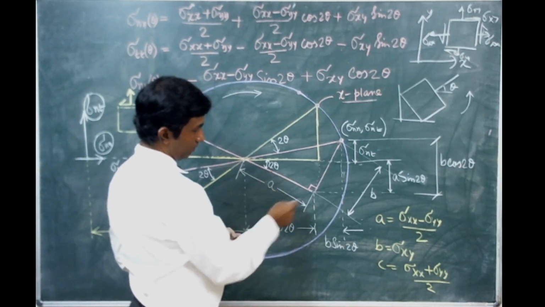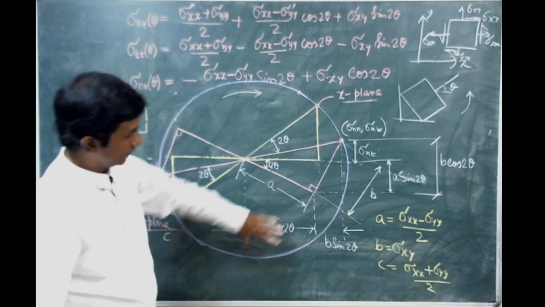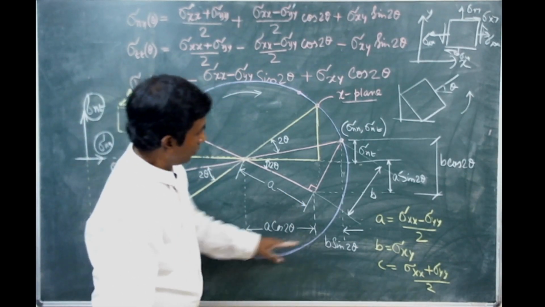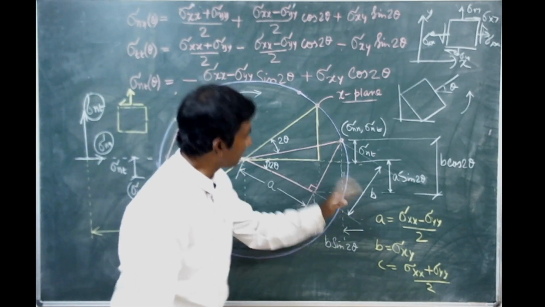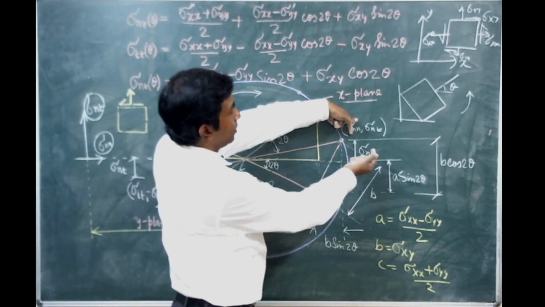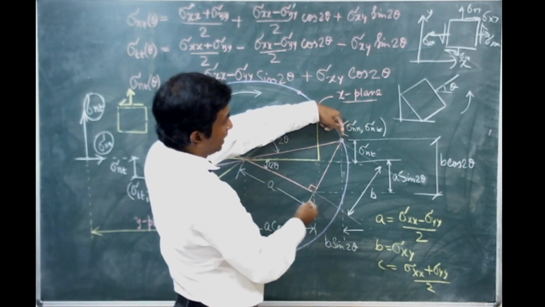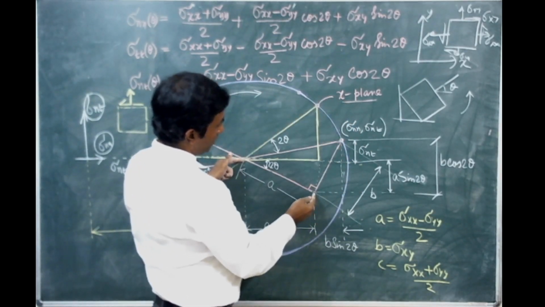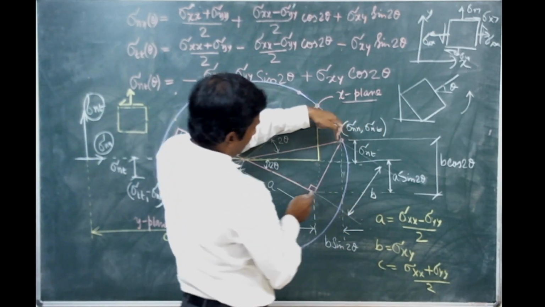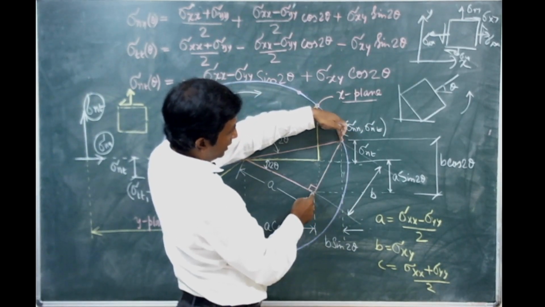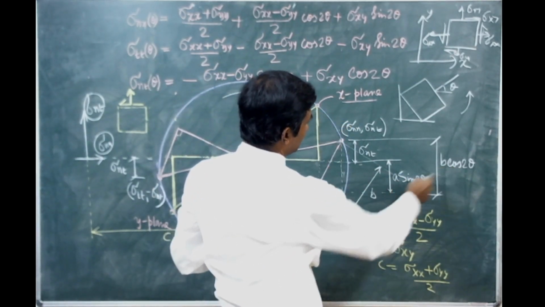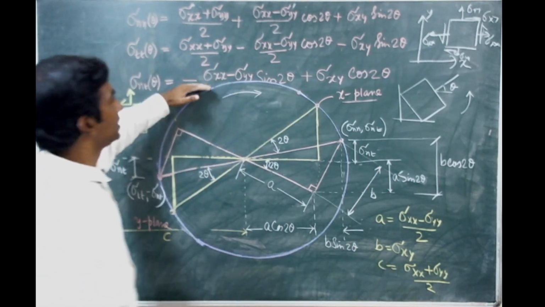Exploiting the geometry, you can identify that this value will become a times cosine of 2 theta, whereas this part is b times sine of 2 theta, because this angle is 2 theta. If you consider the y offset, that is the vertical direction, how much is that? You take this component of a on the y axis, that is a times sine 2 theta, and the projection of b on this leg becomes b times cosine of 2 theta. Apparently it is this minus that, so it exactly matches this expression.